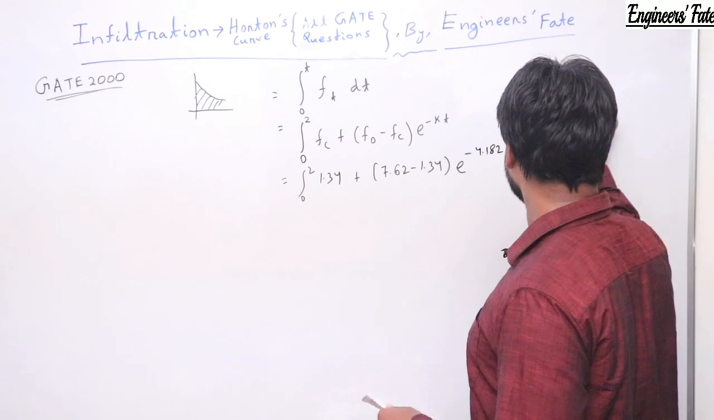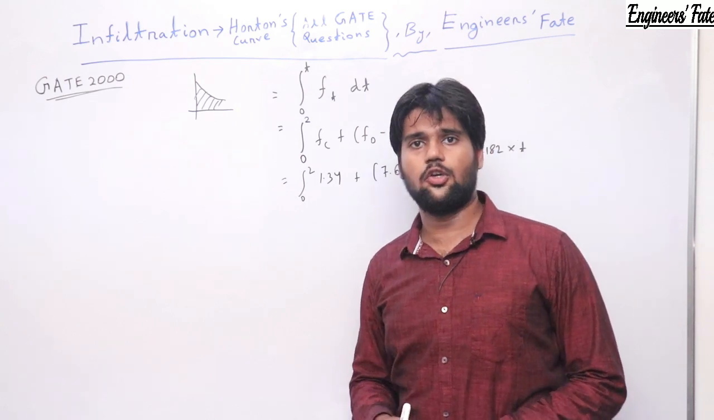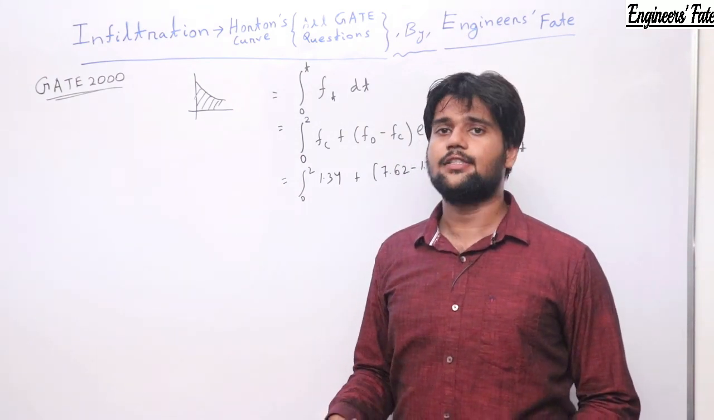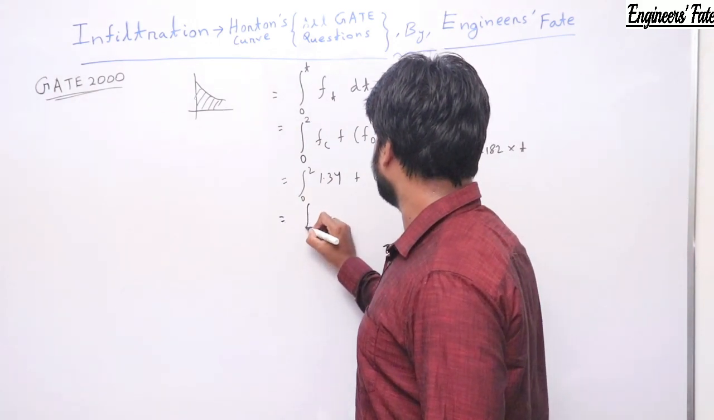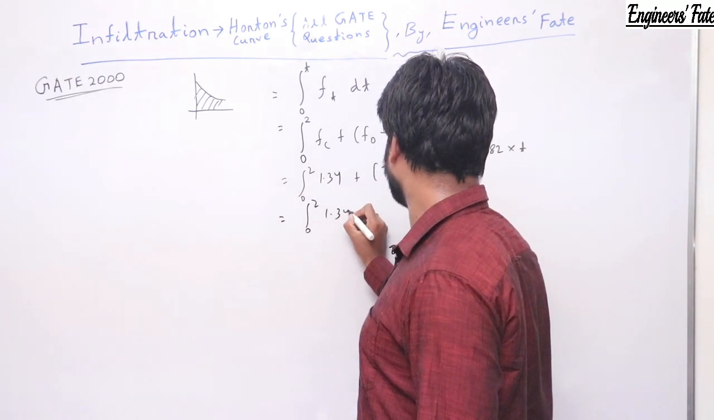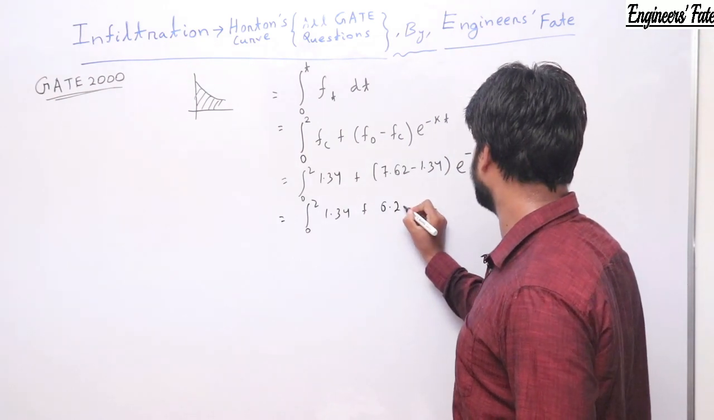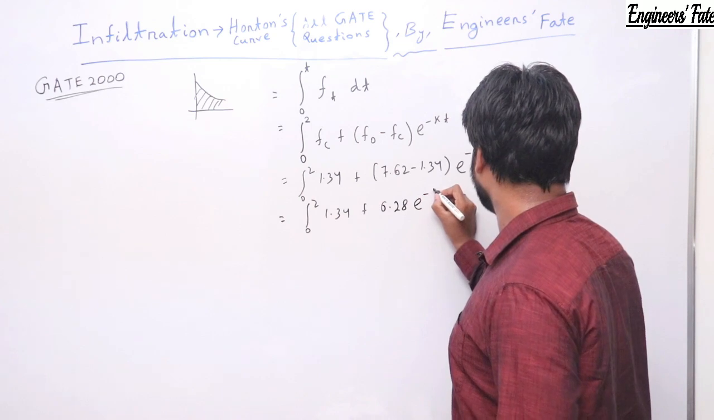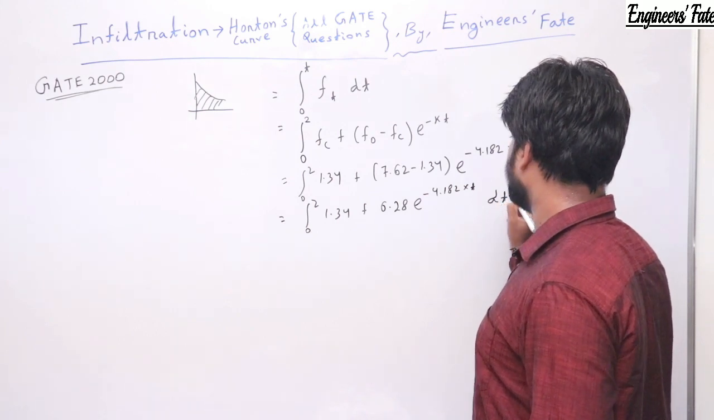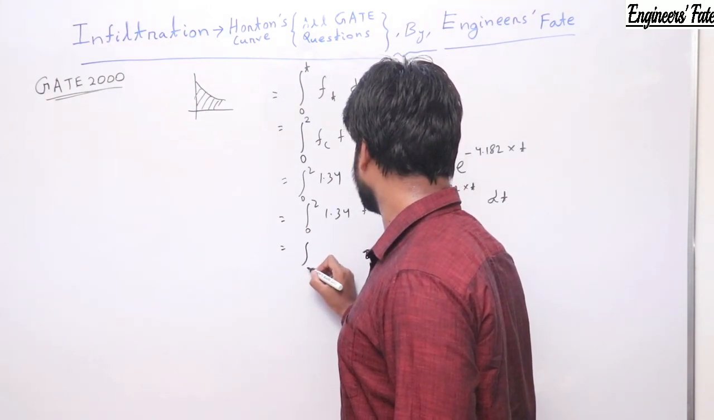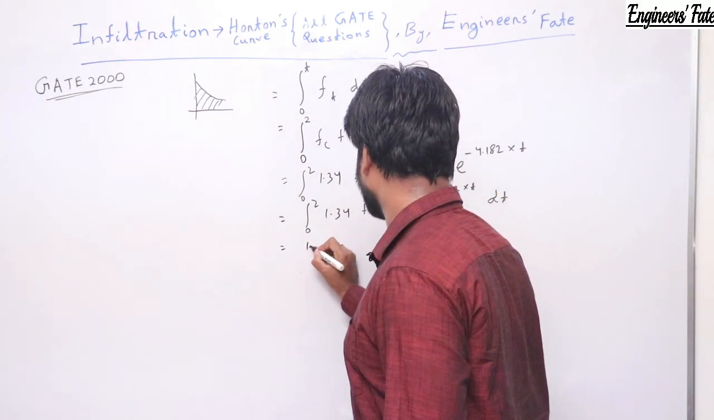into t. So at the end of 2 hours I have to find, and in this type of question you need to know how to integrate properly. Just integrate this and find the answer. So that will be integral from 0 to 2 of 1.34 plus (7.62 minus 1.34), that is 6.28, into e to the power minus 4.182 t dt. So what will be the answer? So 1.34 will be common if I integrate this,